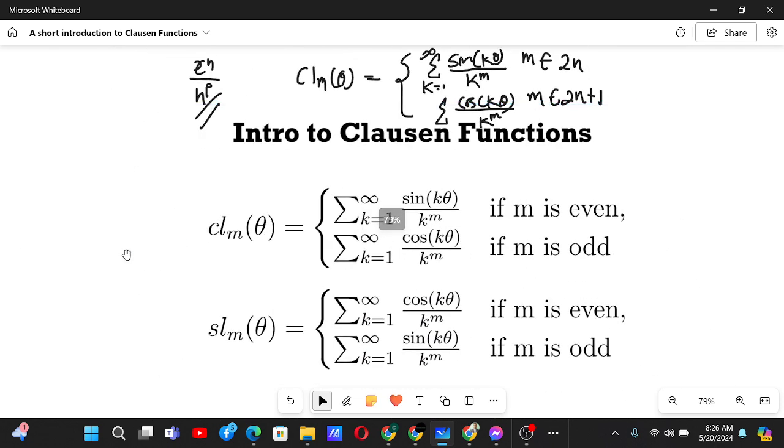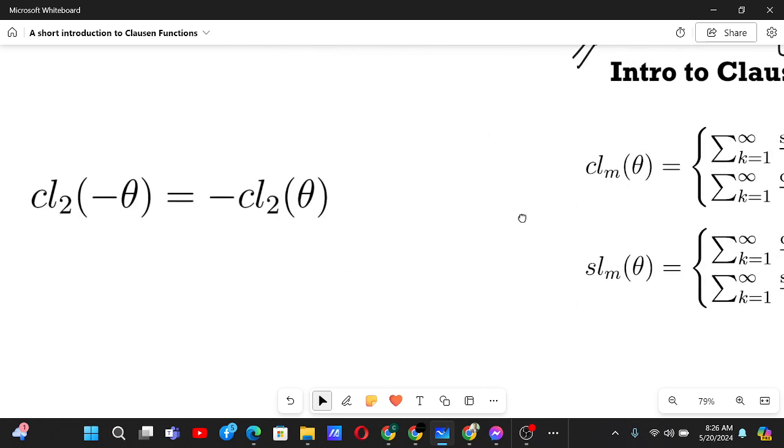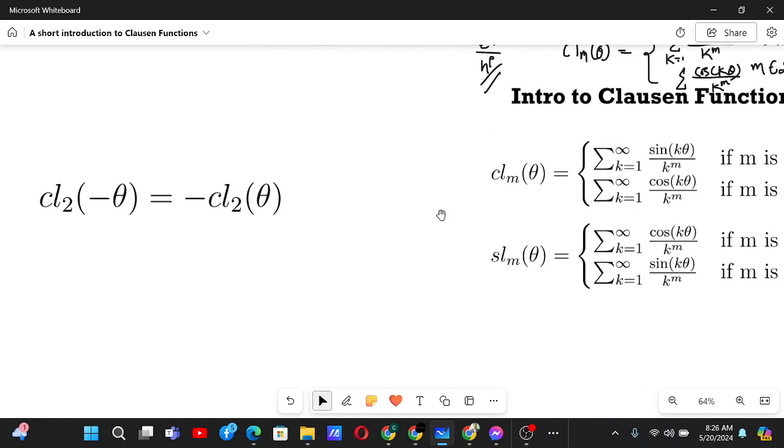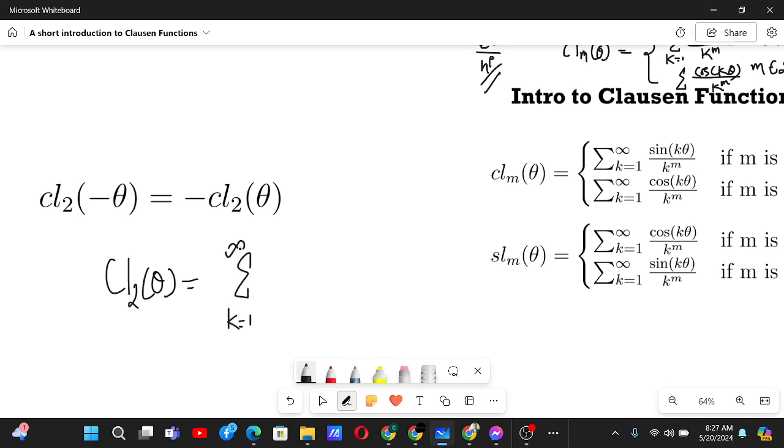Now some properties. Please notice that CL_2 of theta is the Clausen integral function, and that's popular, so let's talk about some of its properties. We know that CL_2 of theta, because 2 is even, will go to the first definition, so it will be the sum from k equals 1 to infinity of sine of k theta by k squared. Now, if we take minus theta, since sine is an odd function, CL_2 of minus theta is going to be minus of this sum,